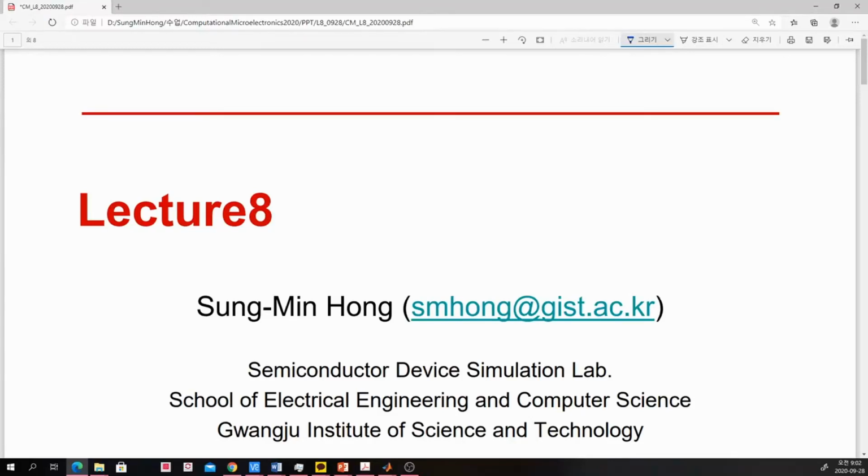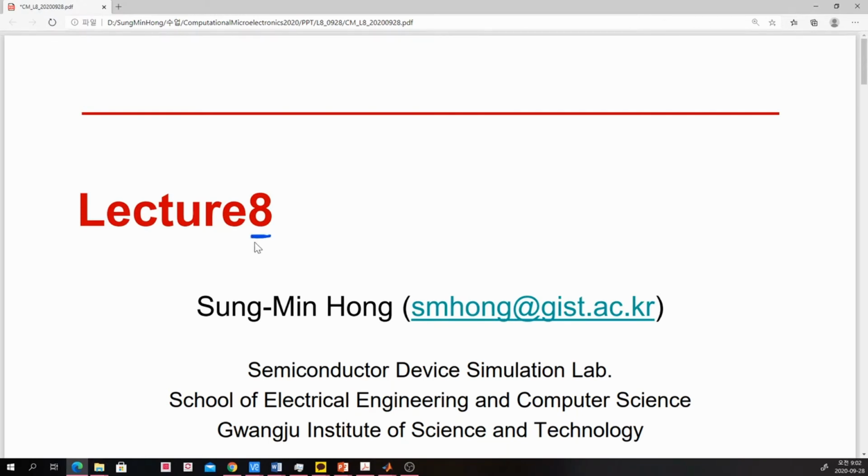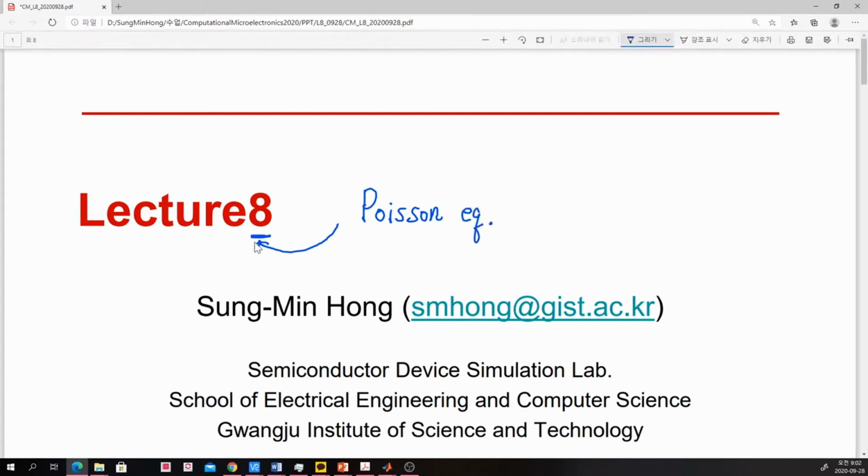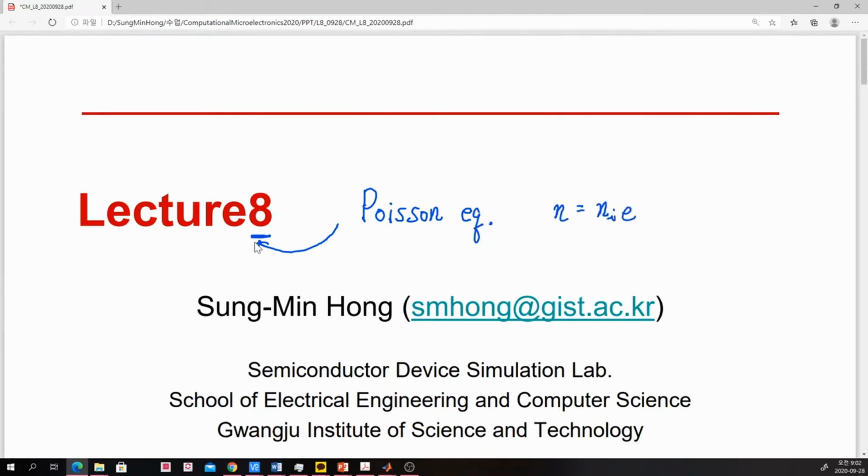So let me start today's lecture 8. Lecture 8 is particularly important because we are now solving the Poisson equation in its full consistent way. So now we solve a Poisson equation and consider the contribution from electrons, which is assumed as this,